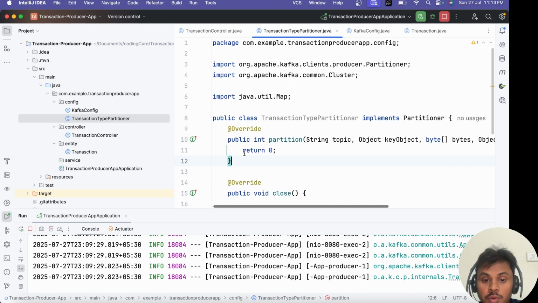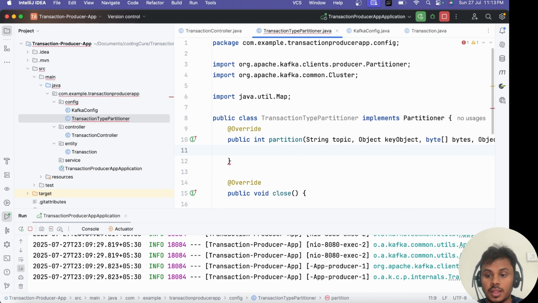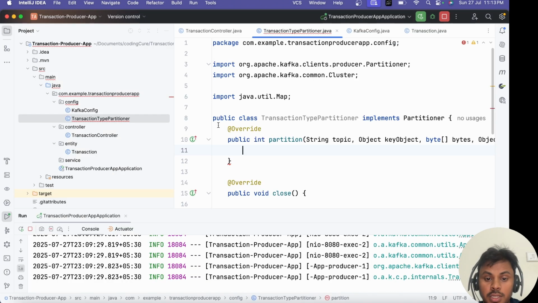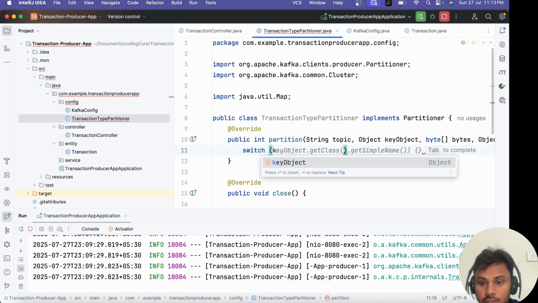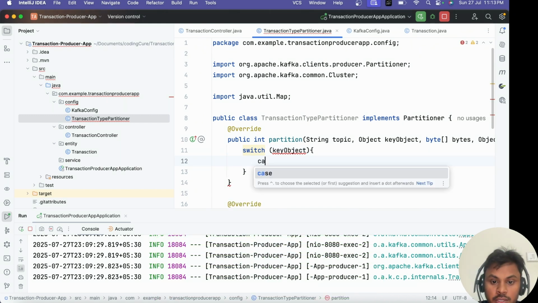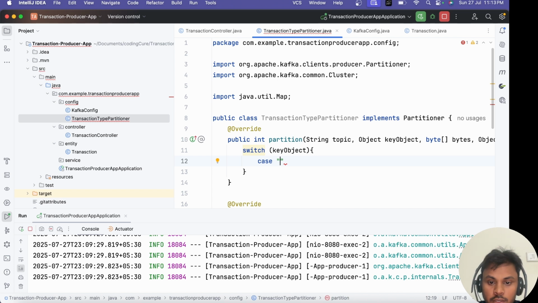So here, instead of return 0, suppose I pass the transaction type as the key. Either UPI will come, or credit card, or debit card. This is the key, the transaction type. So here I am using a switch on the key object. Case 1: in case UPI comes, then I will return